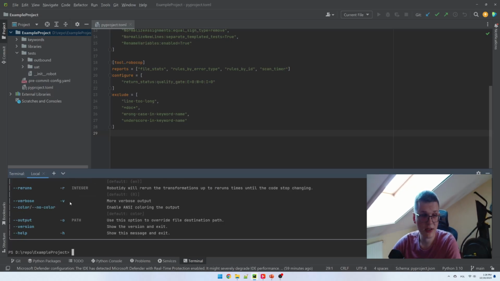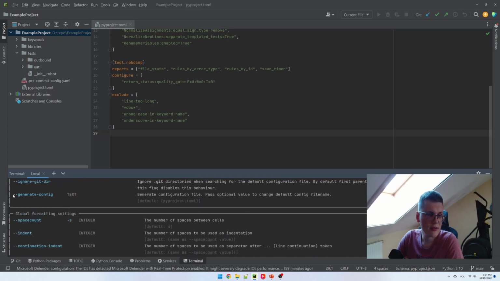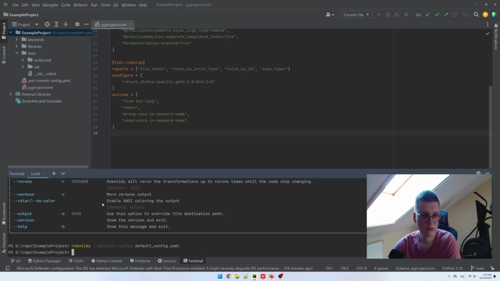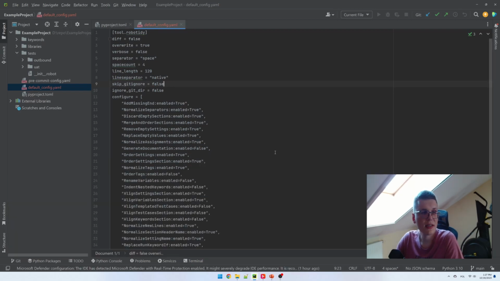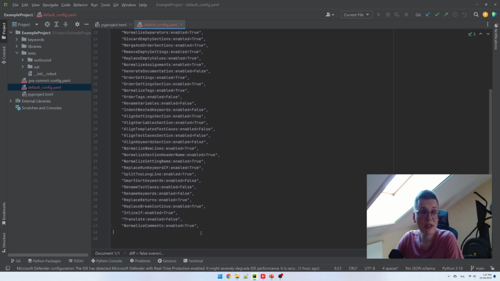So let's first check the help. And you can see you can use this generate config with an optional configuration file name to generate the configuration file. Here you can see that it actually generated the default config.toml file, which contains all the default settings. Now you can just review it and see what is important for you and what you need to